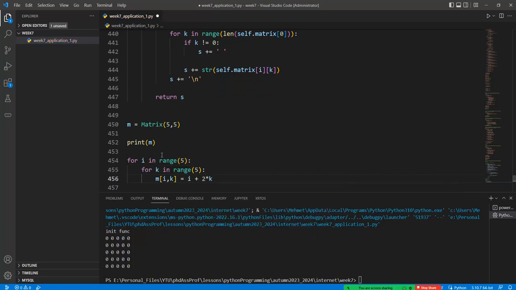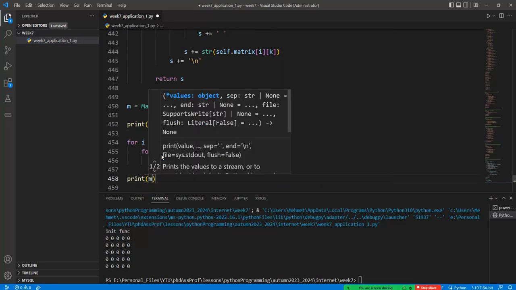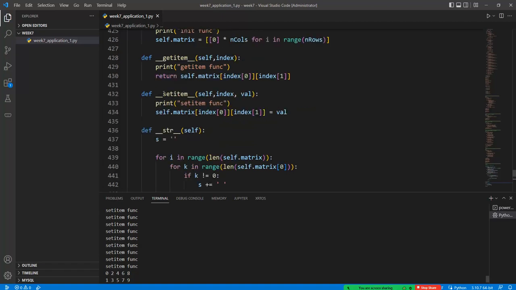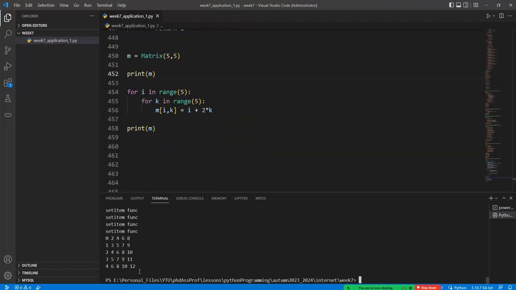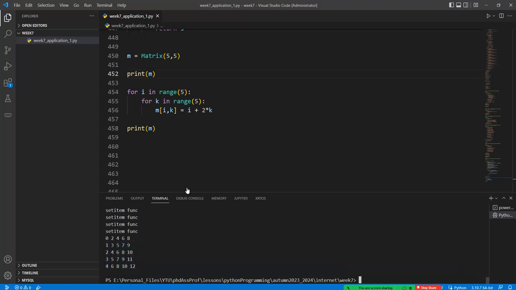Okay, it's an arbitrary function, and print of the m can be written like this one. But in this term we have the 25 set function body called in the operator overloading mechanisms, but at the end of this code 0 to 4 and so on up to 12 is obtained from this function body. Okay,